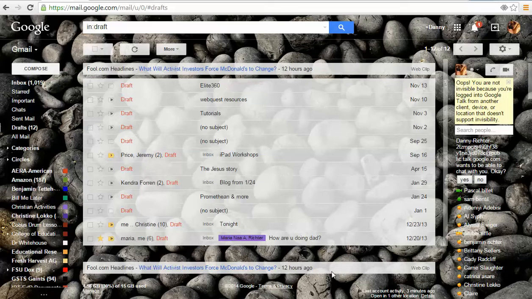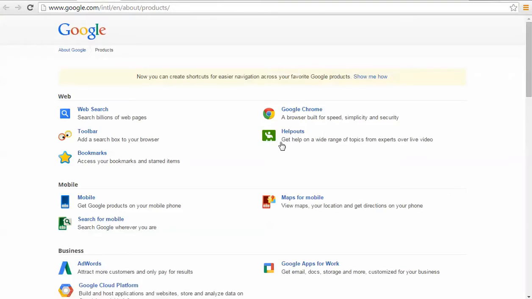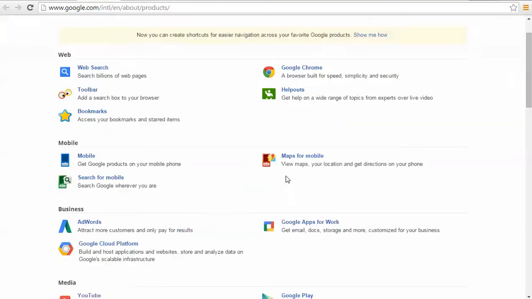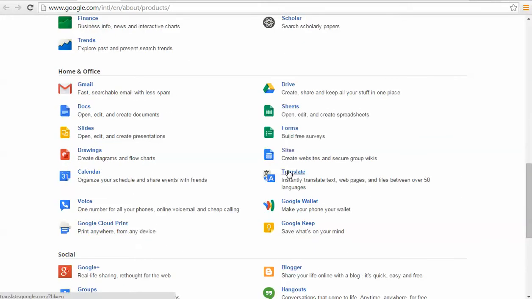So to access your WebQuest, you first go into your apps. That's right up here, and you may have sites there. If you don't have sites there, click more and even more. You have all these apps, so you just scroll down to sites, and it's right here with the home and office. Click on sites,